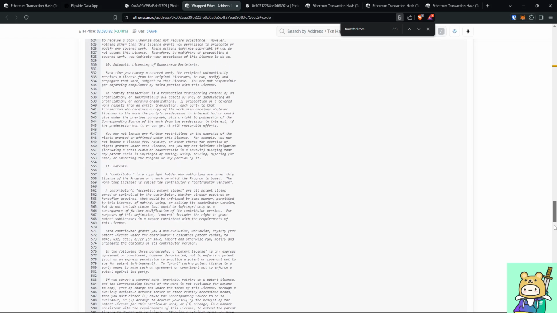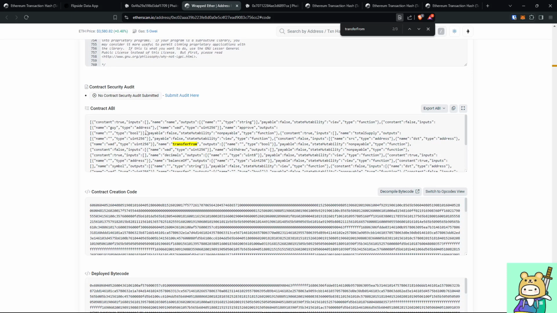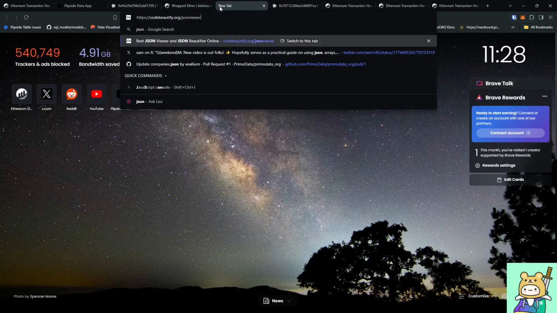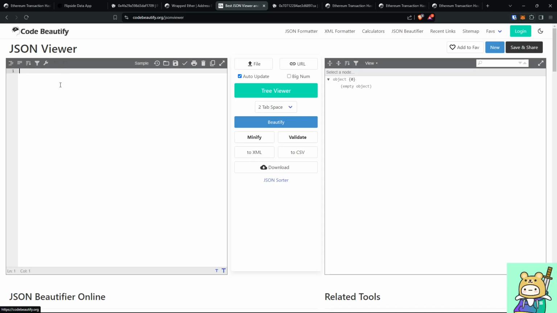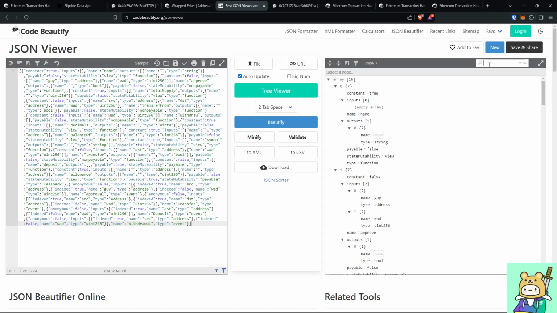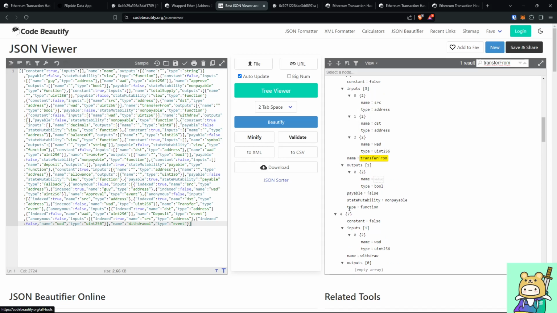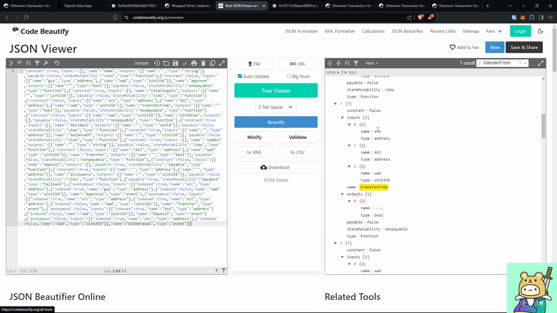Another way is you can scroll all the way to where it says contract API, copy this whole thing, go to a website called JSON Beautify or Code Beautify, paste, and then search for transfer from, which is the function. Make sure it says type function, right? And it's the exact same thing you will see on the contract itself. There are three things in the input. The first would be an address type with this name. Second would be an address type with this name, and third would be an integer with this name. And so given that we know the type,